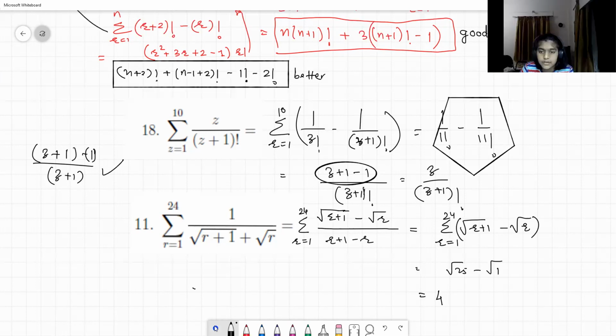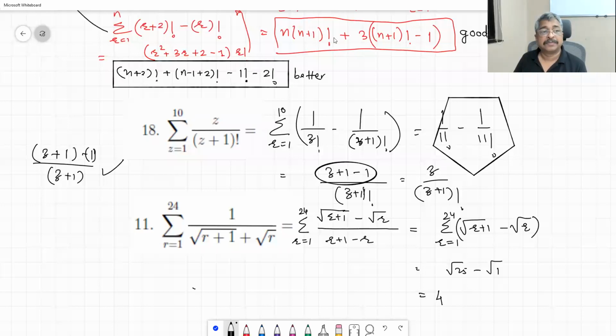Next. Sir, here don't we have to consider -5 also as root of 25? No, it has to be positive. It has to be positive. That is one reason. Okay, that is a good question. Why not -5 here? -5 minus 1, so -6.